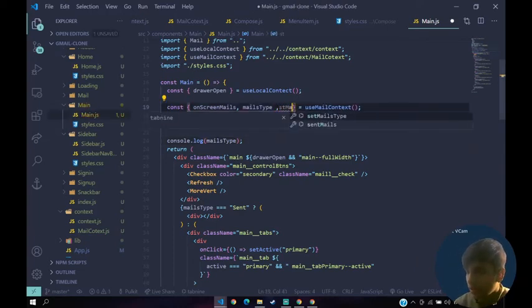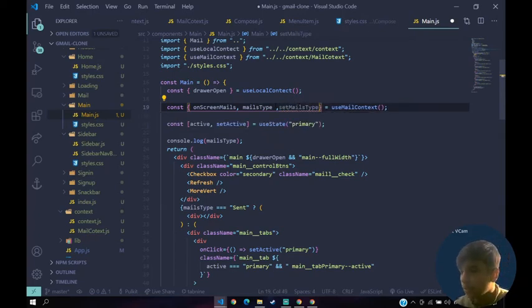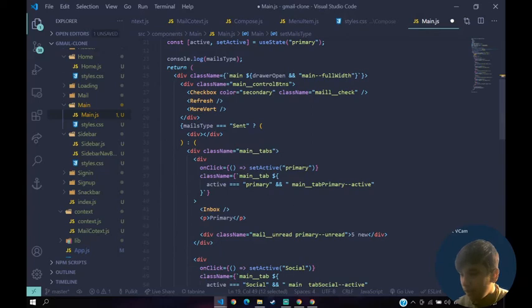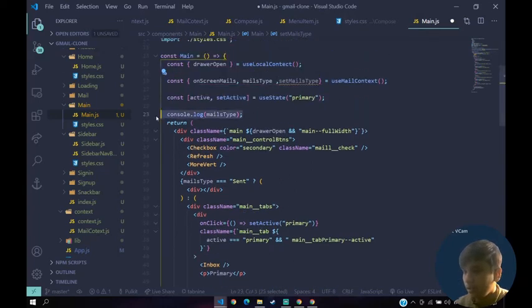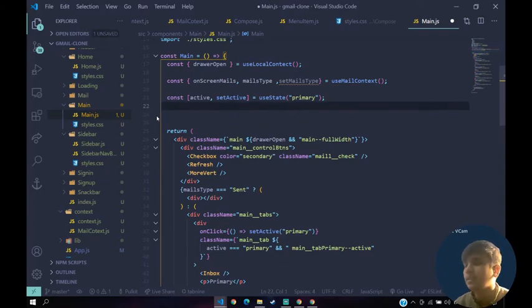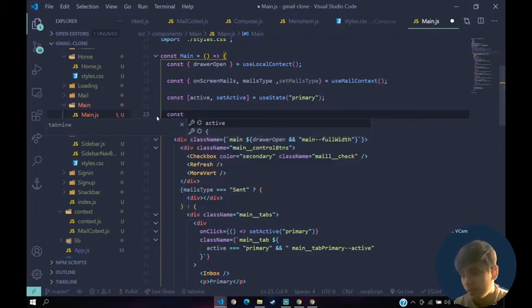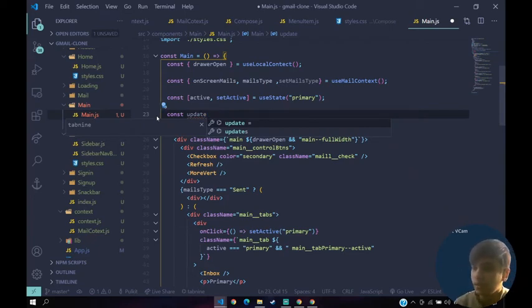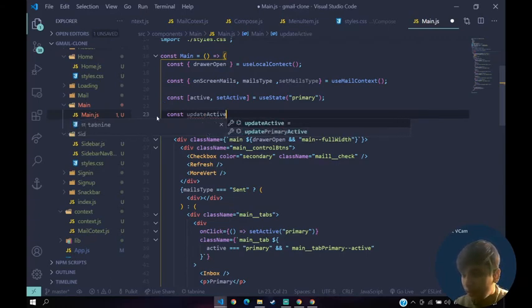Now whenever the user clicks on this, what we'll do is const update active, which will accept a parameter called text, and then we return an arrow function.